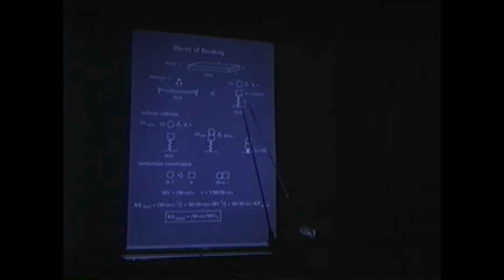Now, if you think about it, a simple approximation to this situation is that the block is like a mass, and that the mass has a spring on it, of spring constant K. You're experts on that. And actually, the mass is only half the mass of the block, and the reason for that is, roughly speaking, that only the middle part of the block is moving. The end parts of the block are simply supported, as shown in the diagram. And the fist is like a body traveling with a mass M, which is of the order of a kilogram,